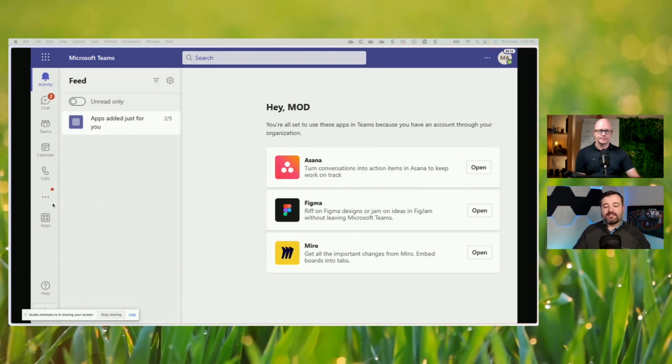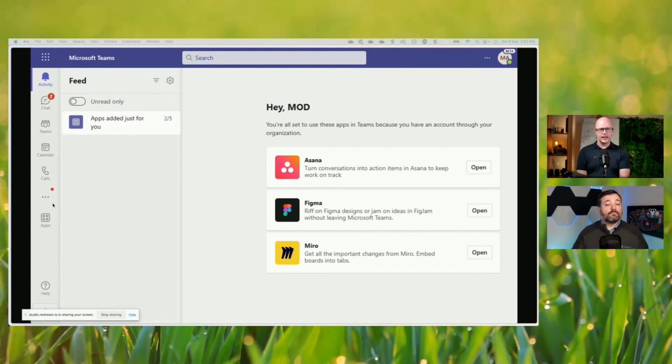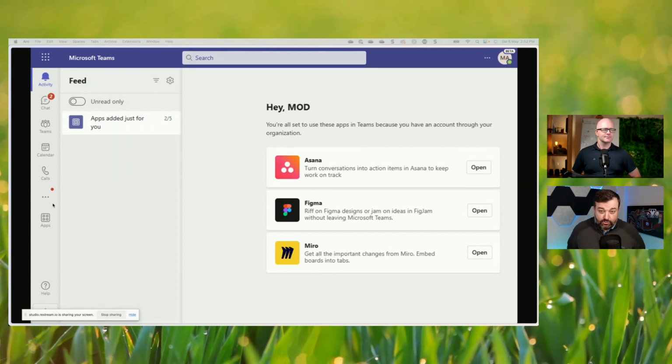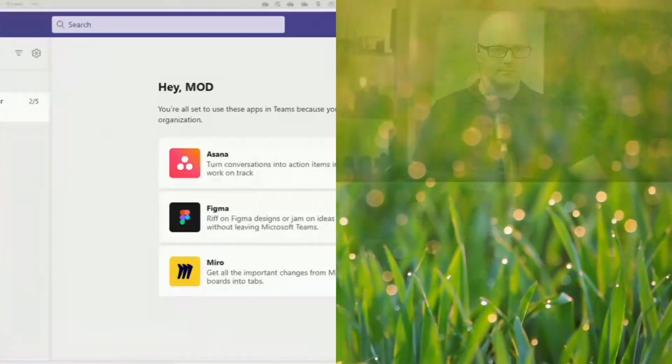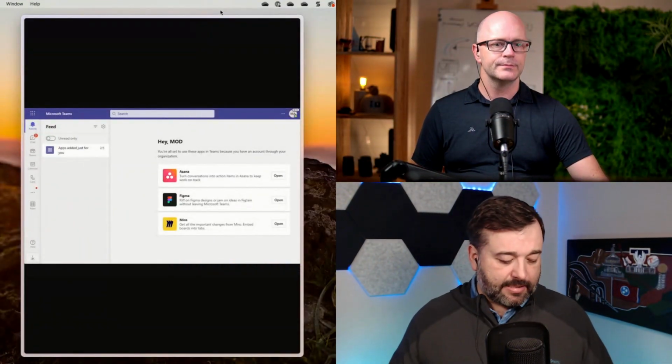I have some guesses. Do you want to hear guesses? Oh, look, no, we don't call them guesses here. We call them analysis. Oh, yes. After analyzing all of the information I had, I came up with two good reasons. One is driving people to stay within Teams, even though they're using third-party apps that there's apps for in Teams, right? So stay within Teams, not pop out to a browser.